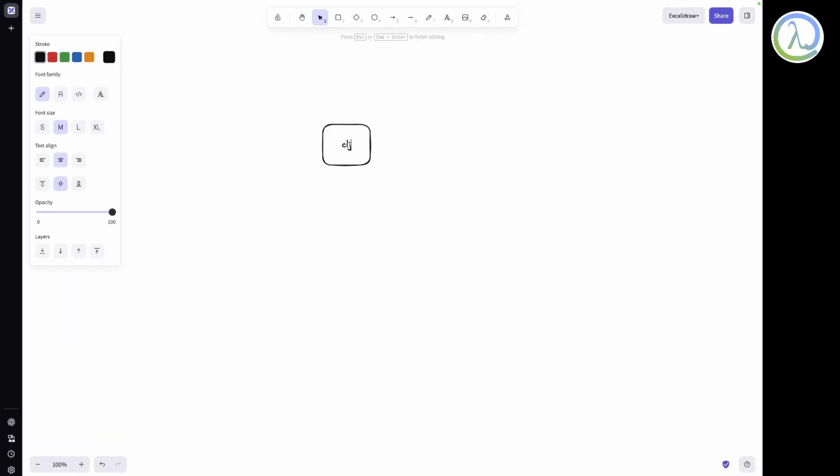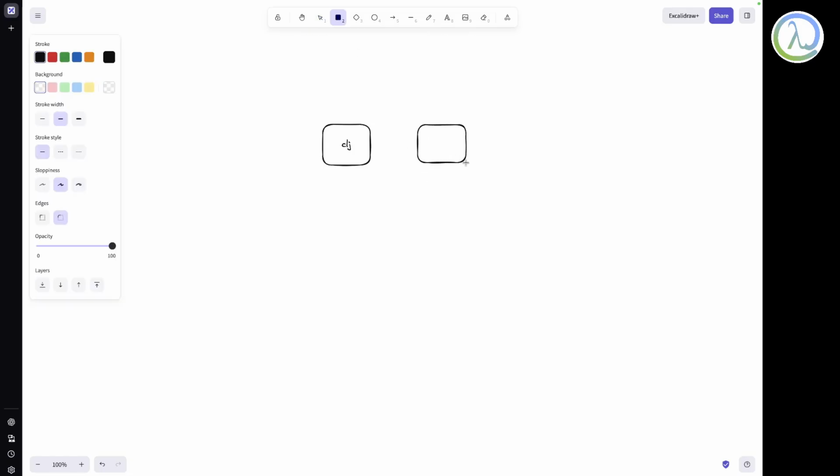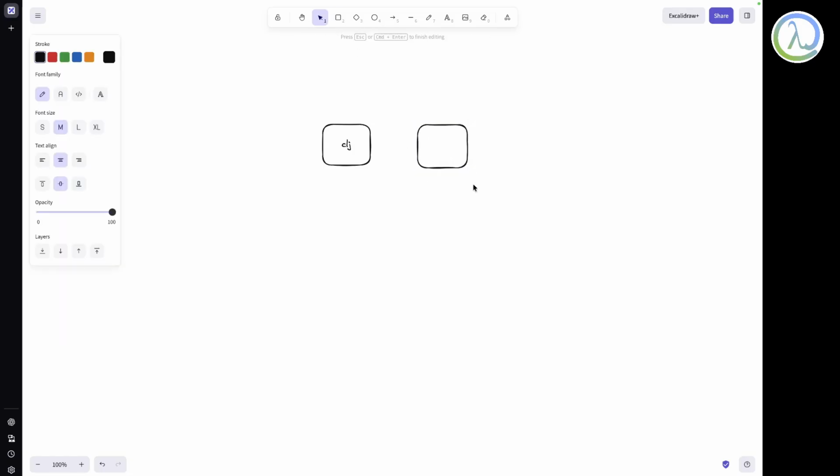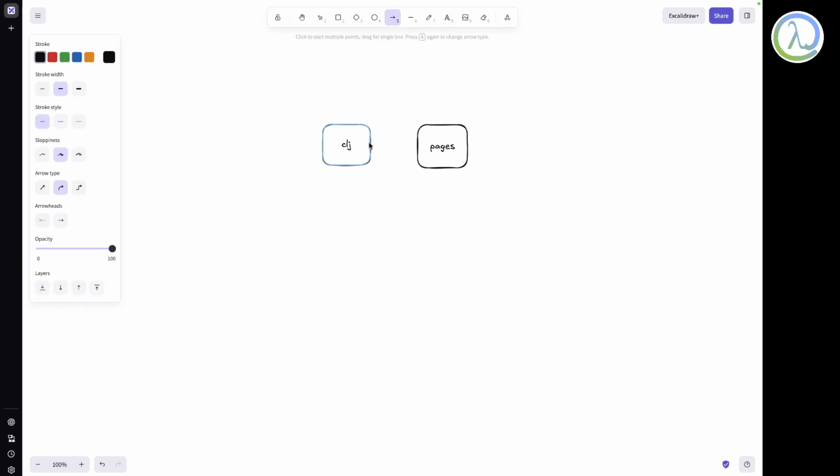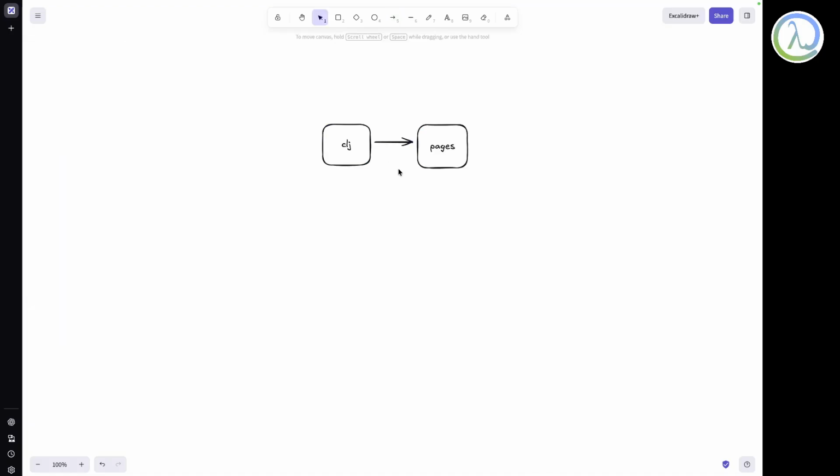I just have a Clojure project, and I do have an output folder. This output folder, I just call it pages. When run, this Clojure project generates the CSS and HTML and puts them into this pages folder.